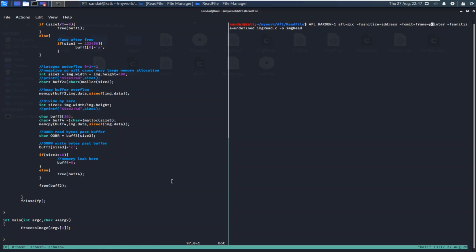What it does is it gives you one extra register which will be used later on by ASAN, and all this stuff I will probably cover in another video when we talk in detail about ASAN, MSAN, and UBSAN. And I have added -fsanitize=undefined, which will enable the undefined behavior sanitizer, or UBSAN. Then the program source file name, and the output file name. So let's compile it. Okay, it is compiled, and now let's fuzz this.